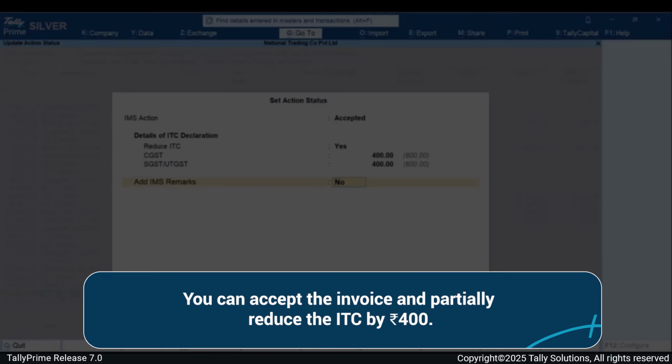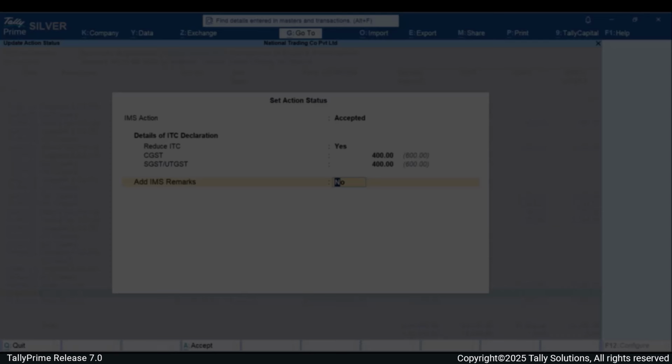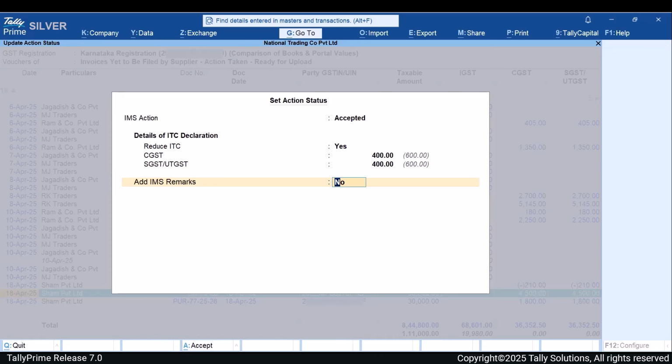In such cases, you can accept the invoice and reduce the ITC partially for 400. This ensures your ITC reflects exactly what you claim without over or underreporting. And that is how the ITC reduction works in TallyPrime, and keep your returns error-free.